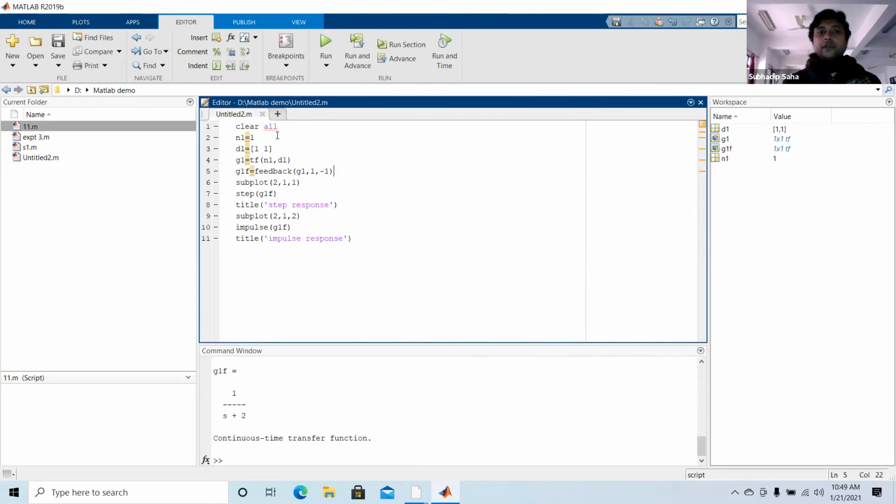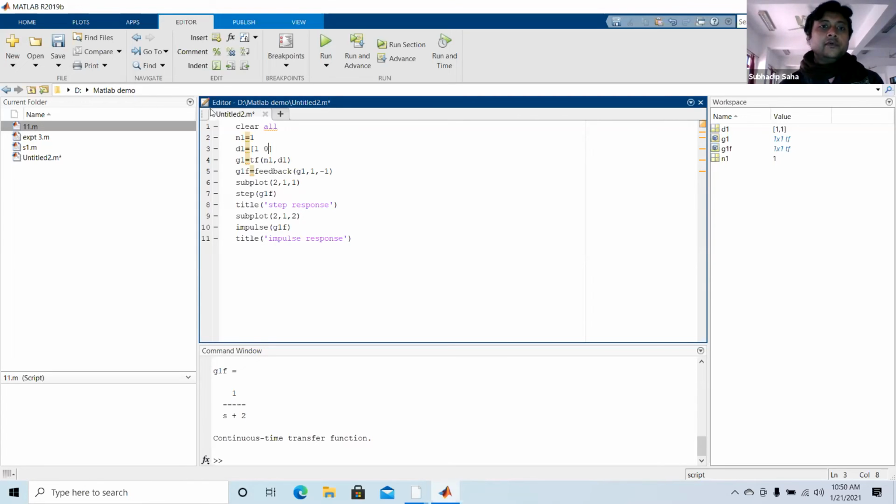Now, in this program, we can edit also. Here n1 equals 1, d1 equals 1. This will become 0. And then g1 equals tf n1 comma d1, g1f feedback g1 comma 1 comma minus 1, subplot 2 comma 1 comma 1, step g1f, title step response, subplot 2 comma 1 comma 2, impulse g1f, then title impulse response.